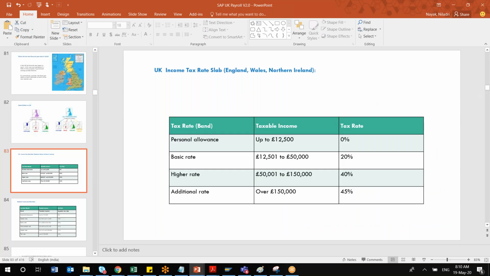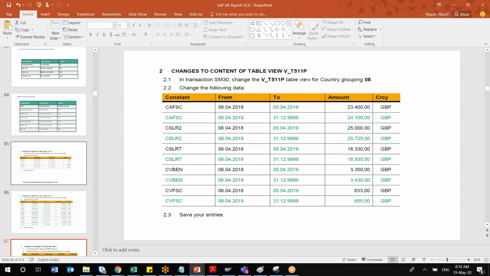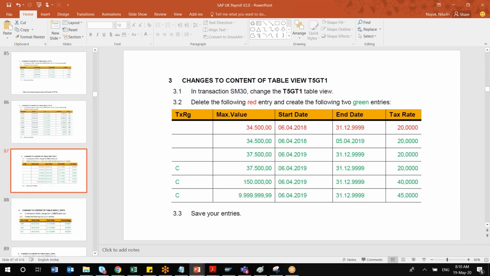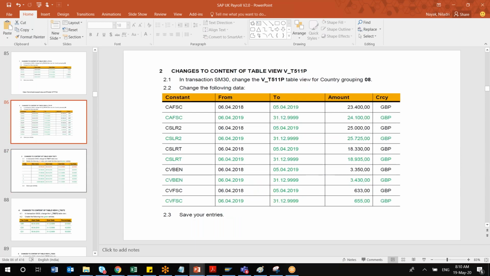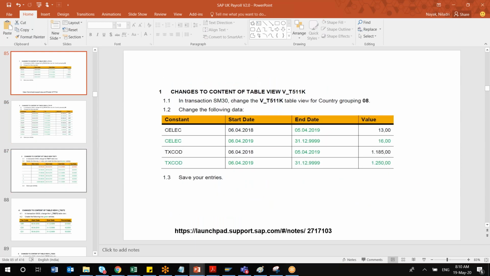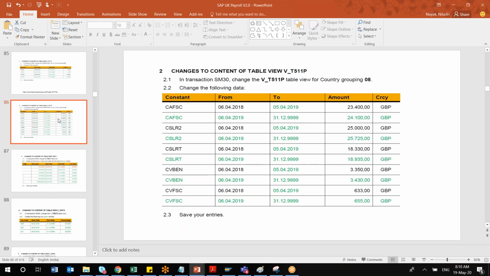The geography, and what the different tax slab rates are, we'll be understanding all this. Tax things actually change every time. This is last year's slab, which I used whenever I was giving sessions to my colleagues and other people. These slabs get changed, and SAP provides a SAP note. I'll also explain how to apply a SAP note.